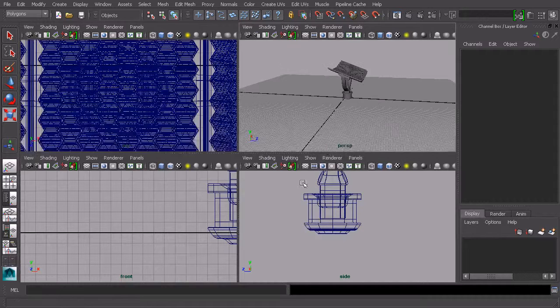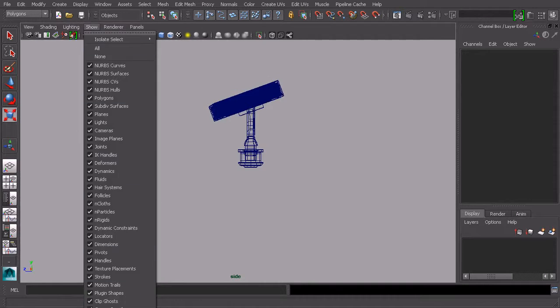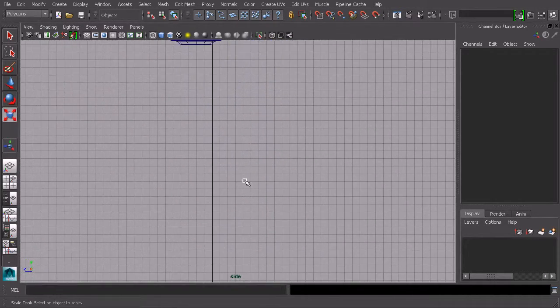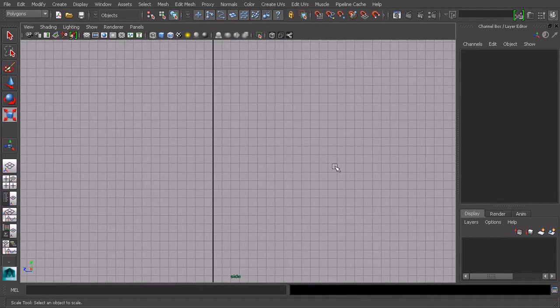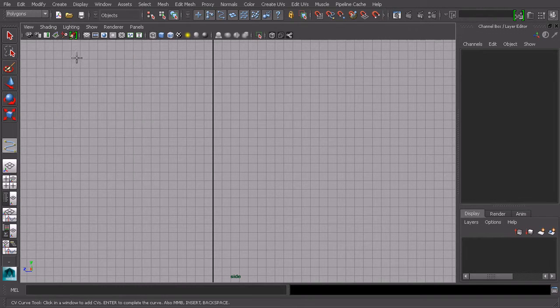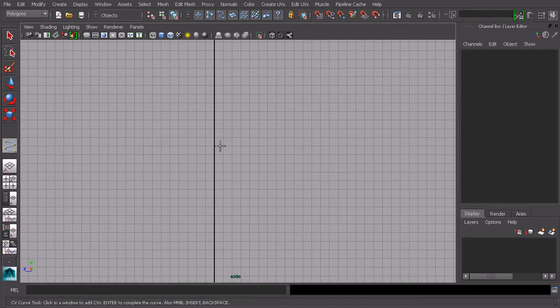So let's go ahead and come into this side view here, and I want to make sure that the grid is turned on. What we want to do is create sort of a disc shape, and we can use curves to do this. So let's go to Create, CV Curve Tool, and then let's just begin to draw out a shape. It doesn't have to be exactly like mine, but I'm just going to kind of draw out a shape that's sort of like this,